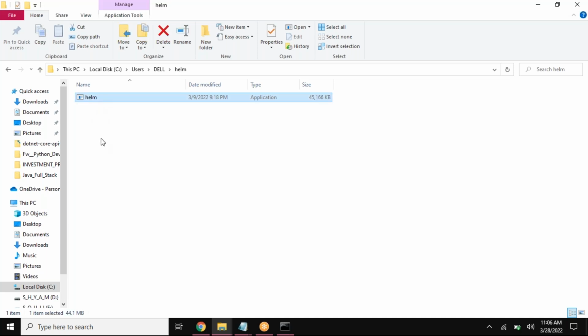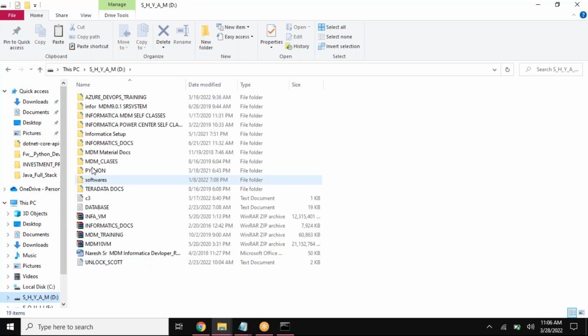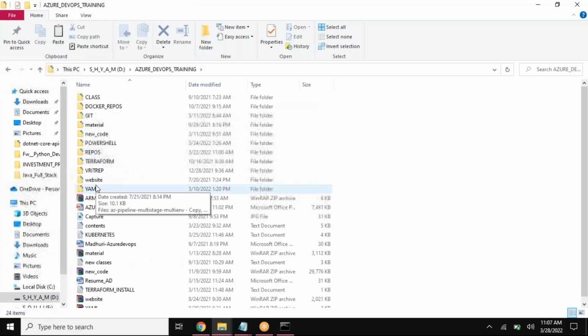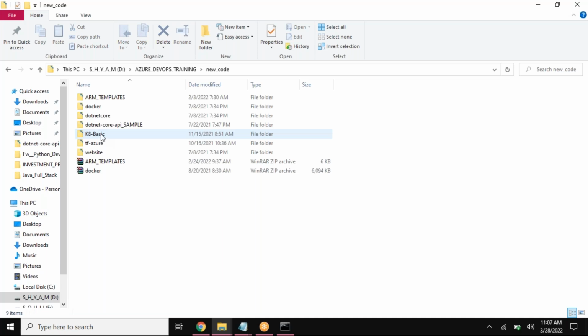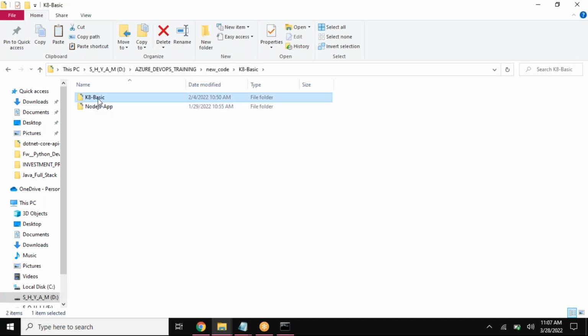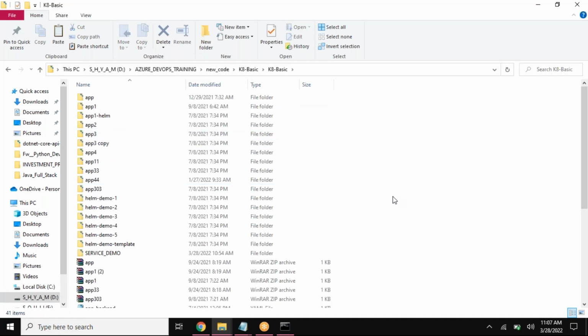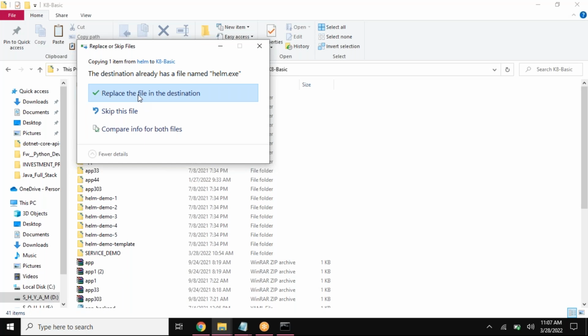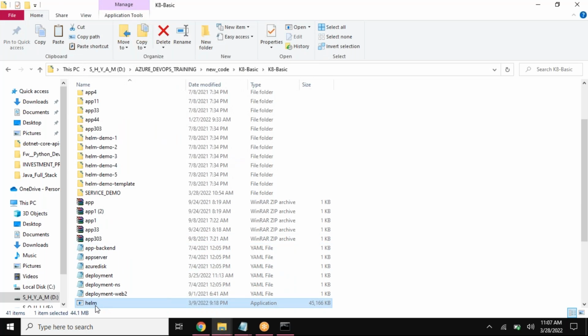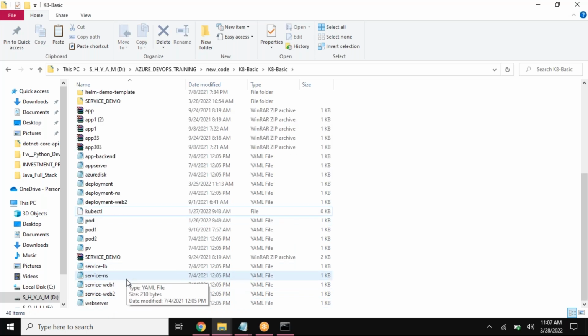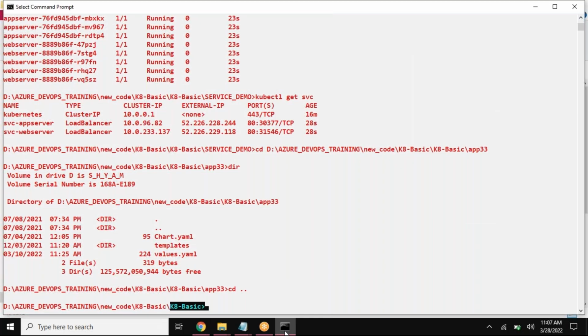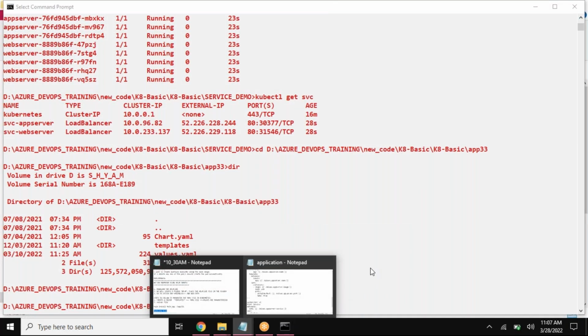the file you have in here, go to my D drive, go to the path where you have your files or scripts, and just place it. It's already there, so replace the file. This file is already available in here. If you do not have this one, for example, if I go and delete this one, I don't have my Helm file within this particular path. If you go and try to execute the command I told you,